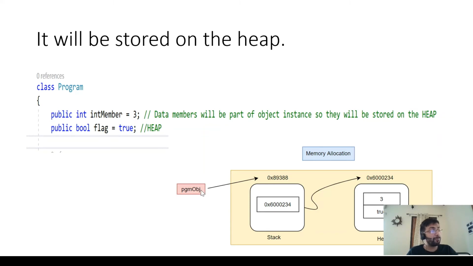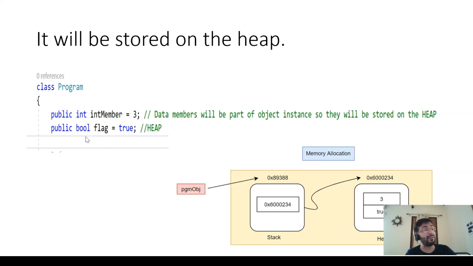When I initialize this object, it holds an address, and this address points to another location where the data is present. So the 3 and true, the values of this integer and this bool, will be present in the heap, even though these are value types.